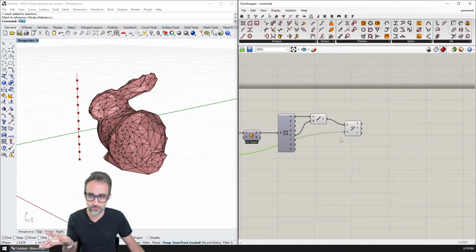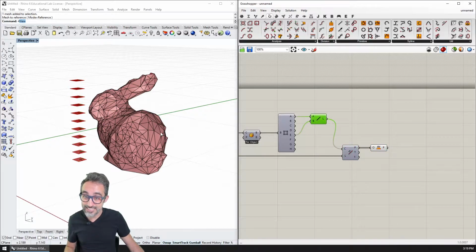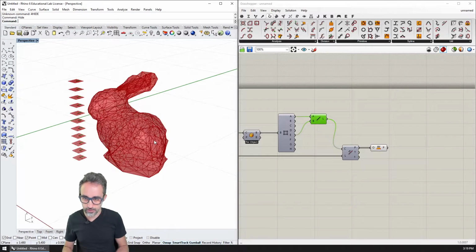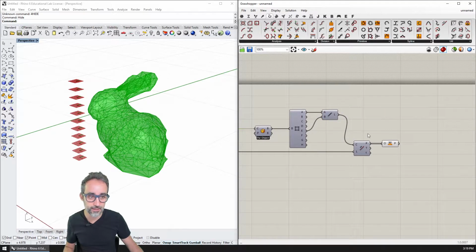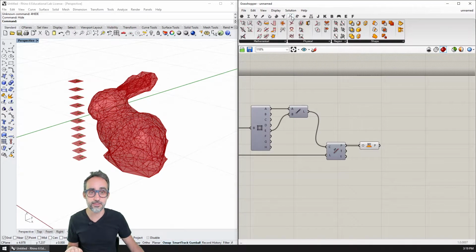There's not enough resolution for whatever reason, okay? So I have all these points here now, and I can create XY planes on top of this. And these planes are going to be the slicing planes for the bunny. So let me hide this bunny, and then let me make sure that I can see the bunny. And then very simply, I'm going to go to the intersections tab, and I'm going to go to mathematical, and